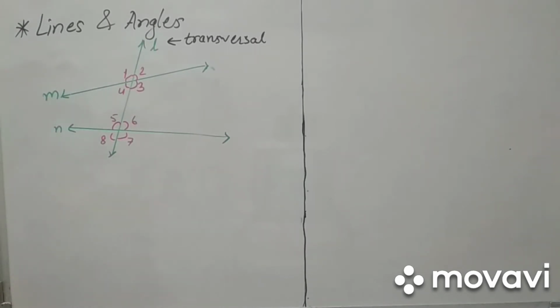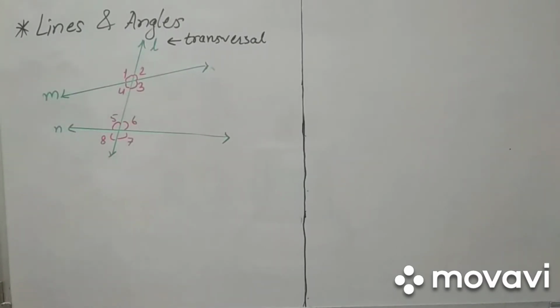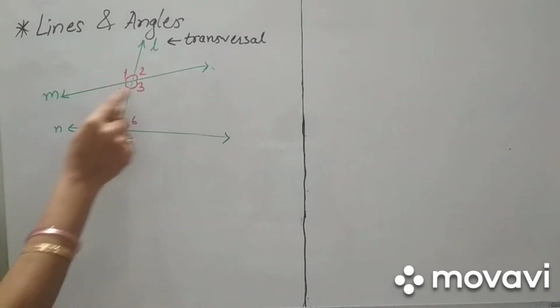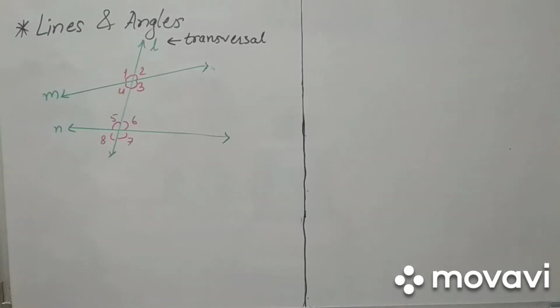Now another thing you can see here are 1, 2, 3. This is a naming. Just now in the previous question you have seen A, B, C written. What does it mean? The angle names. Here also in the same way we are representing by the numerals 1, 2, 3, 4, 5, 6, 7, 8 in an anti-clockwise naming of the angles. Dear students, now please remember how the different types of angles are formed. That is important for this topic.